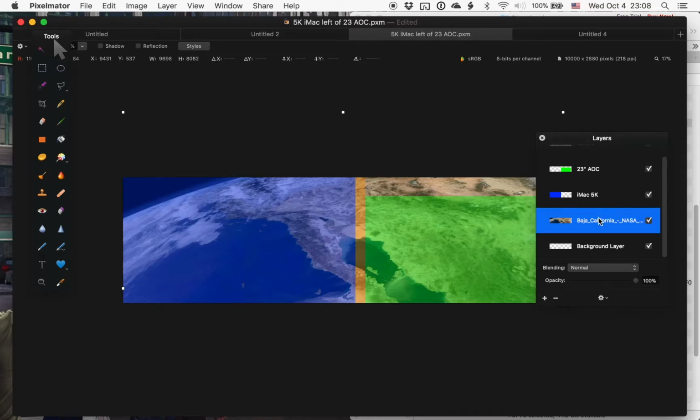Now here's the key. Making sure that this layer for the image is active, I'm going to come over to my tools. I'm going to pick this rectangular selection tool, and it's going to automatically snap to the edges and the boundaries of the different shapes in the different layers. So I've just selected the iMac image,